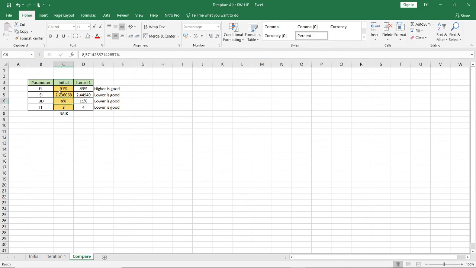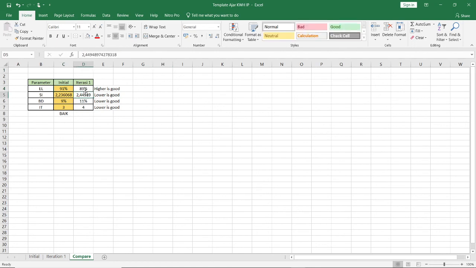For the efficiency line, the higher the efficiency line, the better. For the smoothing index, balance delay, and idle time, the lower the value, the better. First of all, we can compare the efficiency line. For the initial, the value is 91%, and for the first iteration it is 89%.